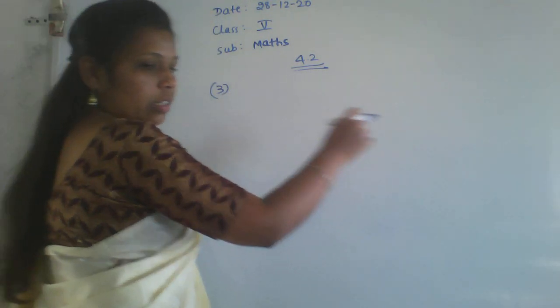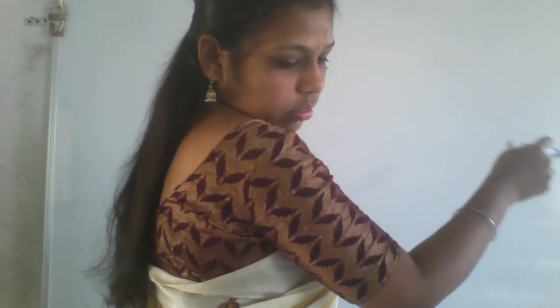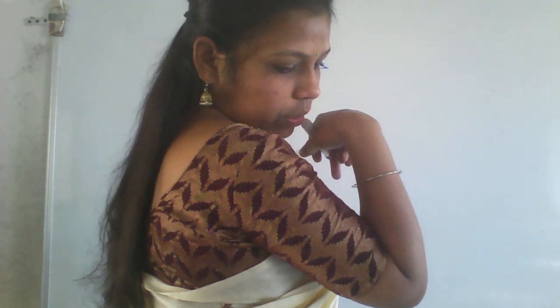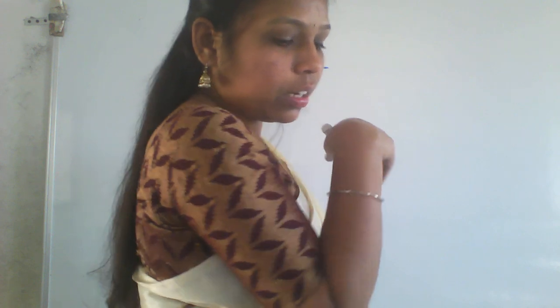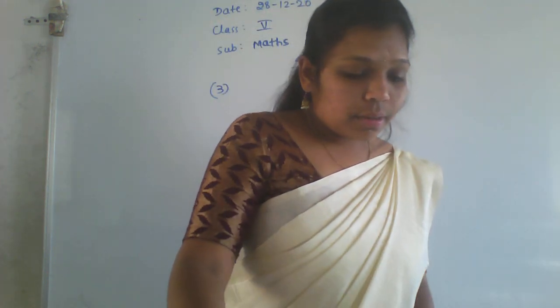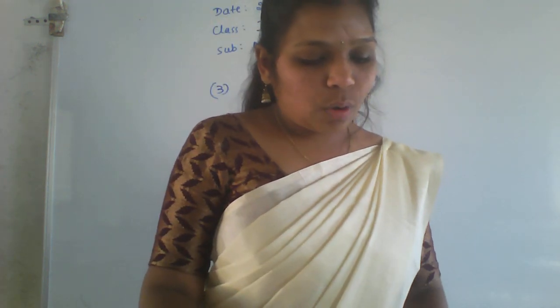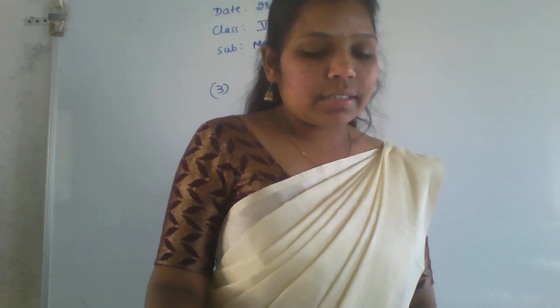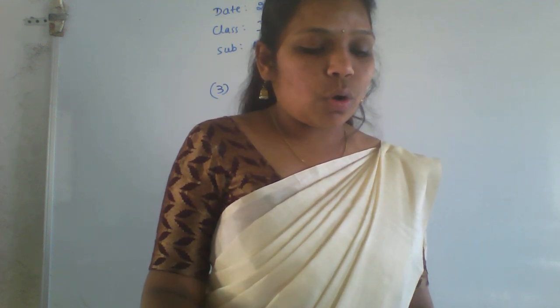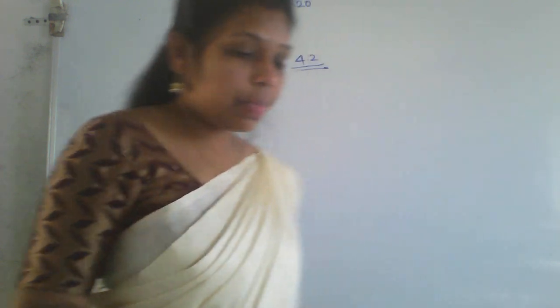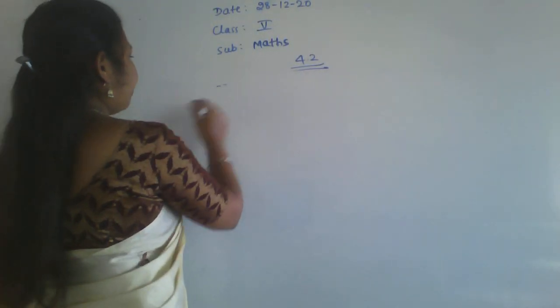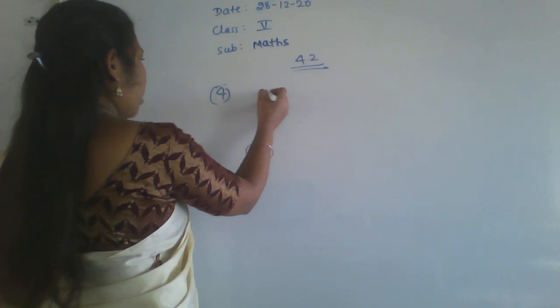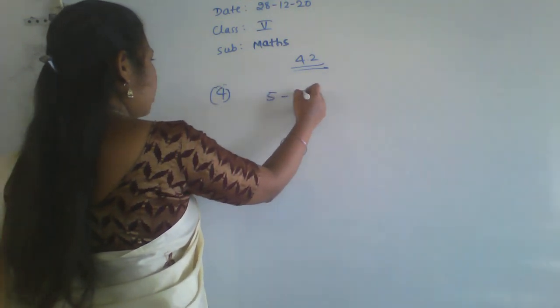Sorry, fourth one, right? I told fifth one. Sorry, first do the fourth one. What is the fourth one they given here? Mr. Lee bought 5 liters of oil in a month and 5 by 7 liter was used. How much oil is left? Then you have to do the subtraction. Okay. So fourth one, 5 minus 5 by 7.